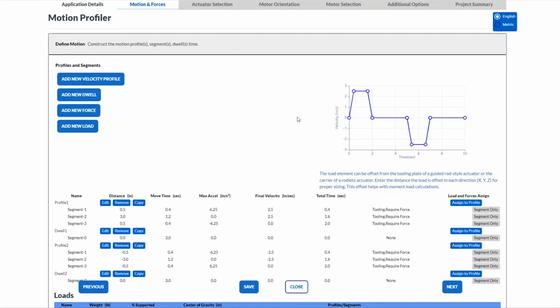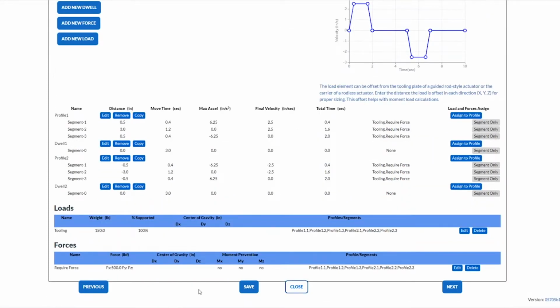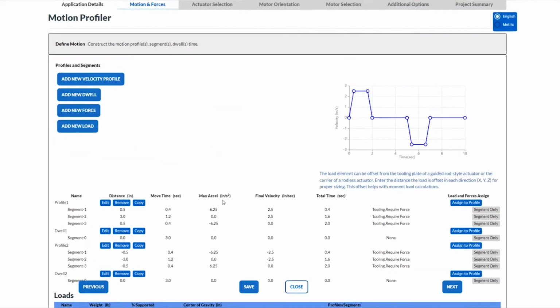Once I hit the advanced options button, you see again, it pulls over all of the motion profiles to the other page. You see the icons look a little bit different. The page layout is a little bit different. You now see that you've got the ability to edit and delete loads. Functionality on this page is pretty straightforward for those of you that have used the old software where you can